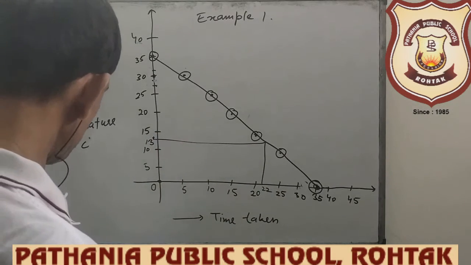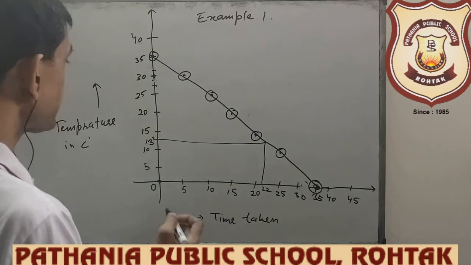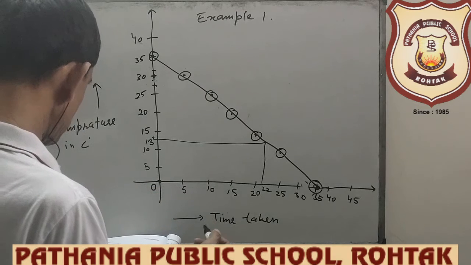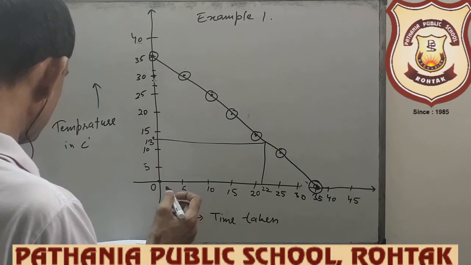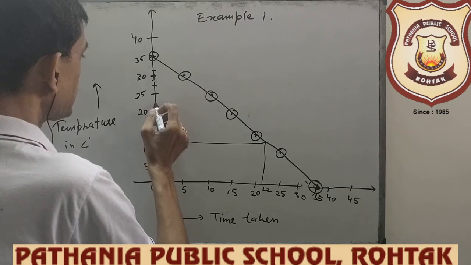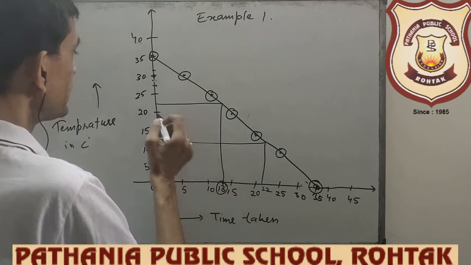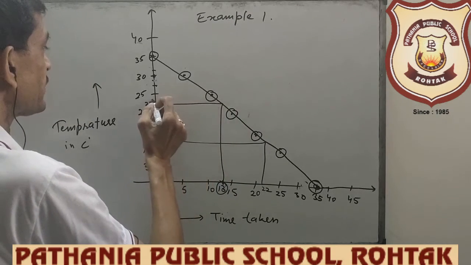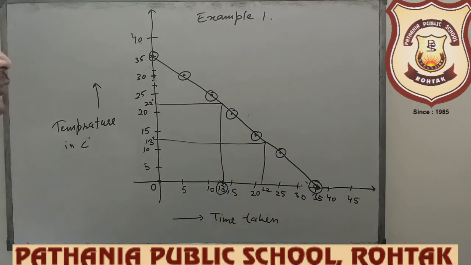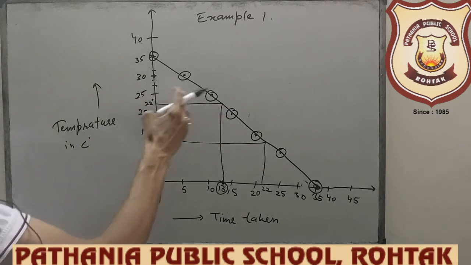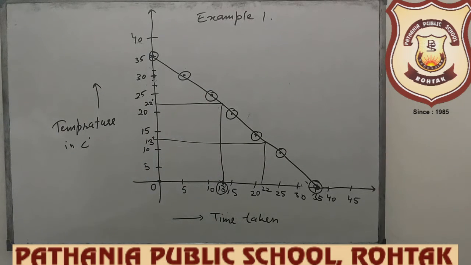And at what time was the temperature 22? वो तो एक ही बात है। After 13 minutes temperature is 22, this one यहाँ से आ जाएगा, this one is there, ये आ जाएगा after 13 minutes. 22 पे कितना temperature, 22 degree Celsius at what time, after how many minutes the temperature is 22 degree, that is from the graph it is 13 degree Celsius. तो इन दिस वे, in different question there are different tables, different values are given, so you can draw the graph.